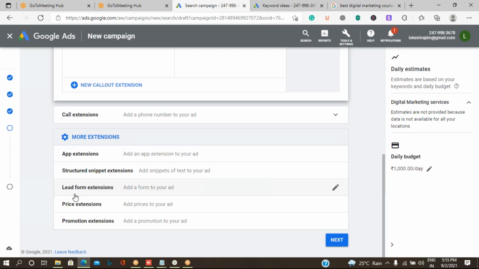You can click on lead form extensions and link it. Which we were doing in our Facebook email marketing. The same thing you can add for your ad also. So you can click on more extensions for highlighting any particular type of services about your business.